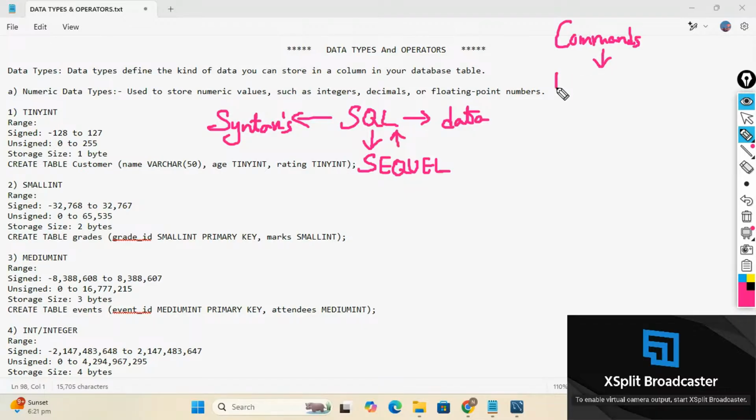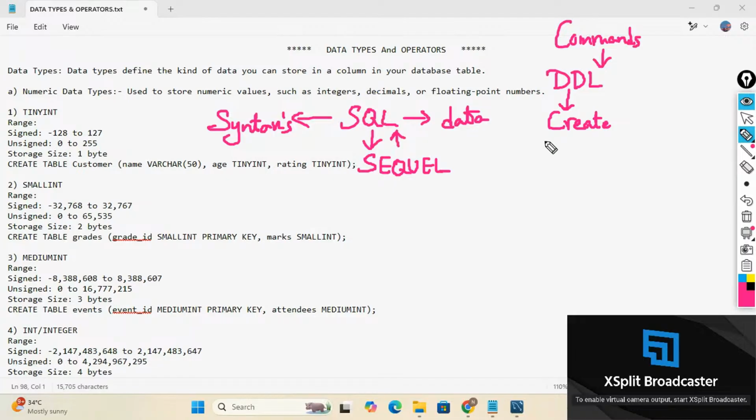The first one is DDL. DDL stands for Data Definition Language. What are the commands we have under DDL? Under DDL, we have four commands. And what is the purpose of DDL? First of all, DDL helps us to define the structures of the objects. It might be a database, it might be a table, or whatever it might be. Upon the object changes. So the commands that we have are create,